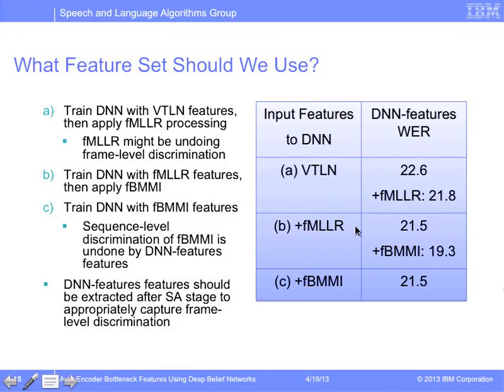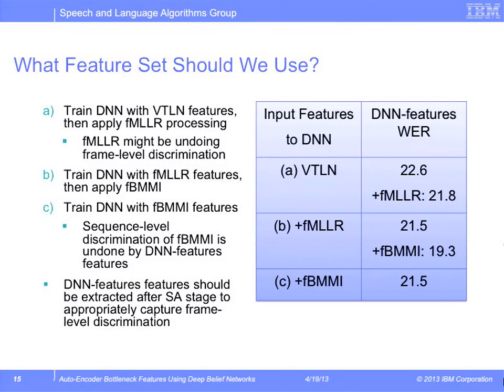So basically, now that we compared, what happens if we actually train our DNN with speaker-adapted and discriminatively trained features, which would be, again, the same amount of processing as this? So you can see this is actually much worse. And the intuition, again, is that